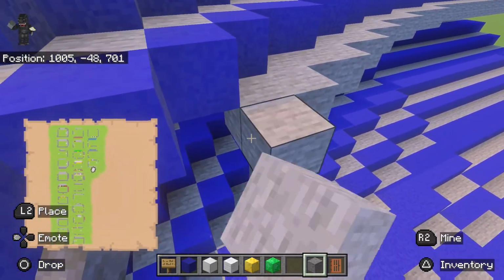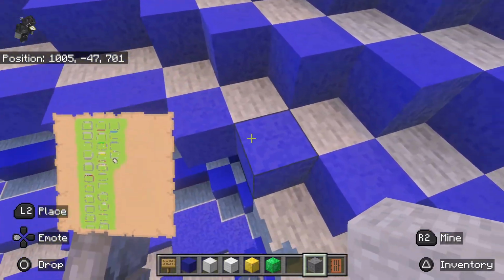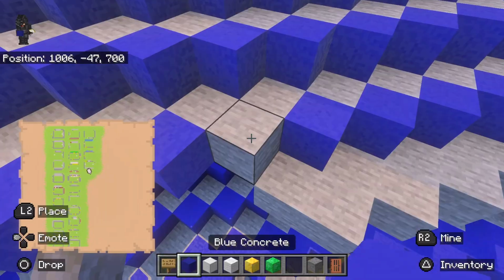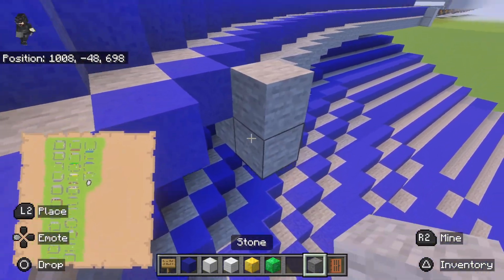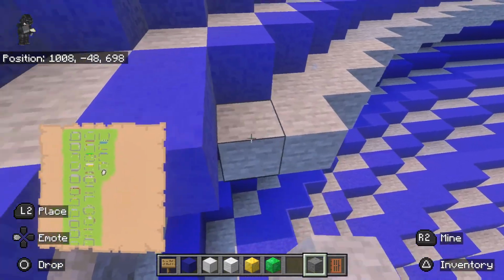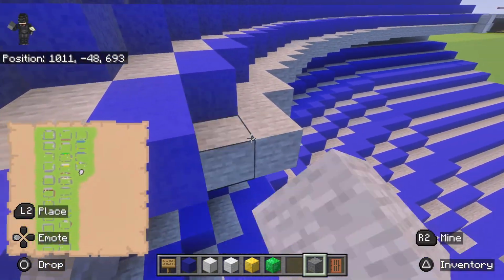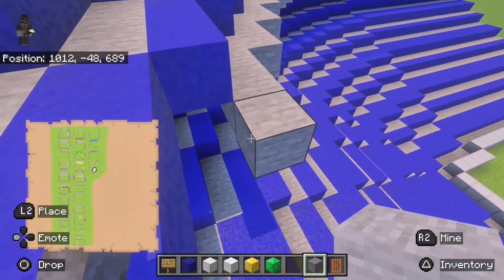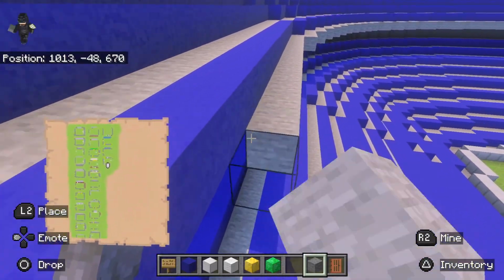Now obviously this is just the way I design my stadiums. If you wanted to, you could do this kind of design and then have the blue come out here. I just prefer to keep it that way. It keeps it a bit more, I suppose, even. It just makes it easier for me. And then we'll do the walkway along the bottom